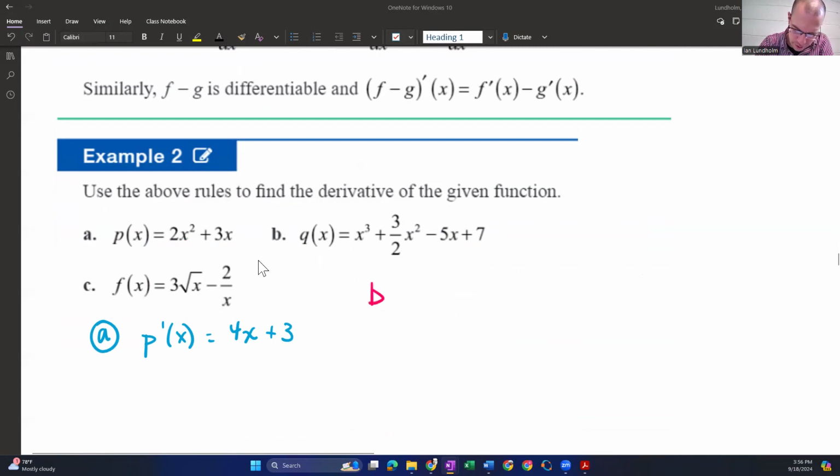For part B, we get 3x squared. We get 3x because that 2 cancels out with the half on the bottom. We get a -5, and the 7 on the end goes to 0 in the derivative. That part wouldn't have any slope. Cool. So wait a second. This is q prime. I didn't write that at all. So that's q prime of x. And then for part C,